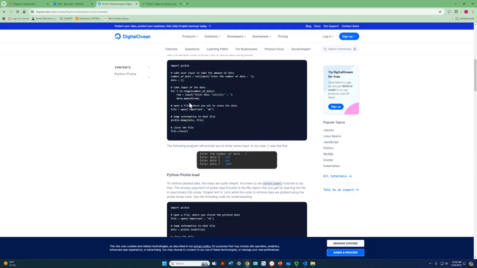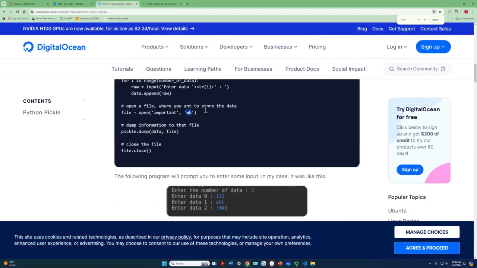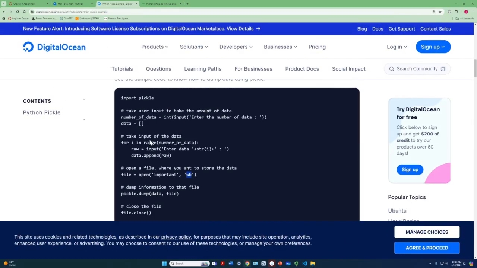It looks like write binary. Oh, there we go. That's where we messed up. I think right there. Let me zoom in on it for you. From this example, we are creating a collection of data. In this case, it looks like a list. We're appending data. We are opening the file, but look at here,